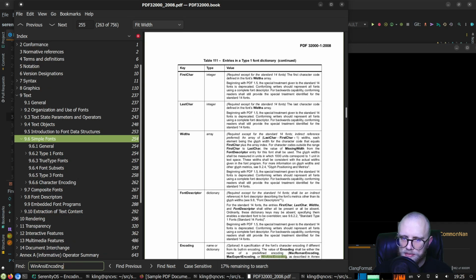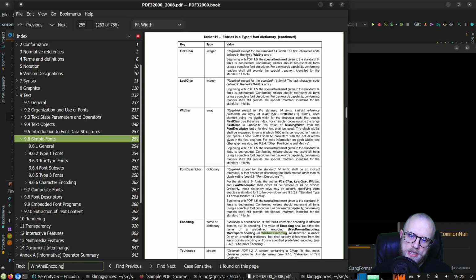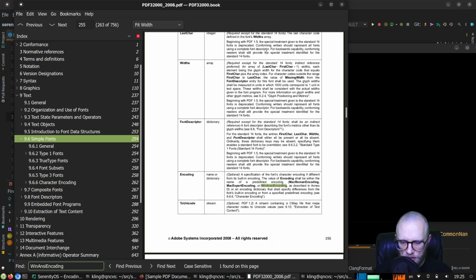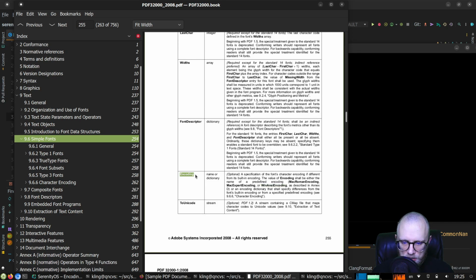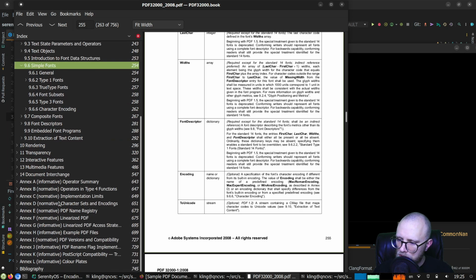Let's just search for it. Entries in a type 1 font dictionary. Okay, so encoding, optional, specification of the font's character encoding, if different from its built-in encoding. The value of encoding should be either the name of a predefined encoding, like one of these, or an encoding dictionary that shall specify differences from the font's built-in encoding. Okay, so